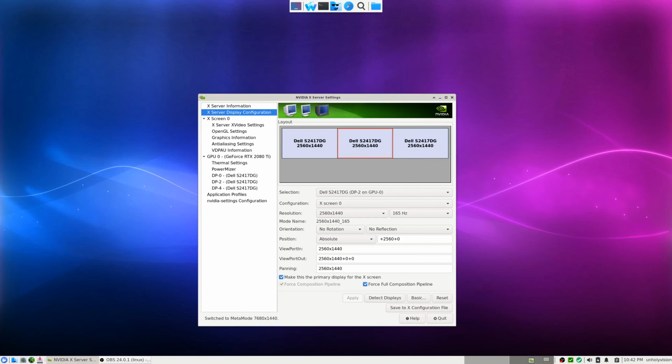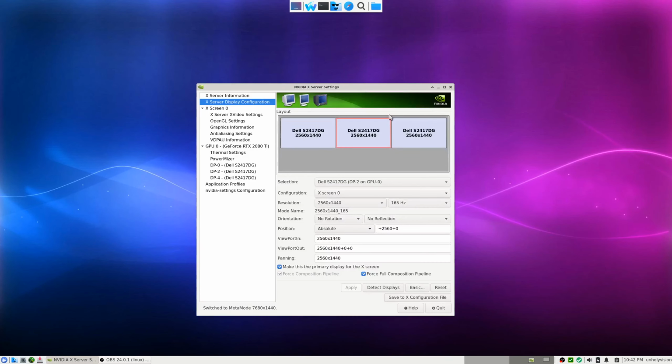The transition of the cards was actually pretty smooth. I give them props for that. The one problem I did have as soon as I rebooted, after it went through the process and everything, it was flickering on my monitors a little bit, but as soon as I forced the composition pipeline on the monitors, it went away. So it's not an overall problem, more of a maybe Nvidia driver issue, but other than that,